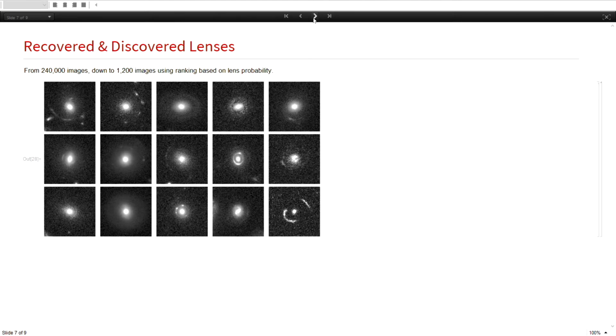I have two neural networks rather than one. The first one puts all the lenses in the top 5%, the most probable ones. That's already really good, but not really, because that means I have to look at 15,000 images, which is still very difficult. So I have another one which specializes in filtering things that look like lenses, like spiral galaxies,